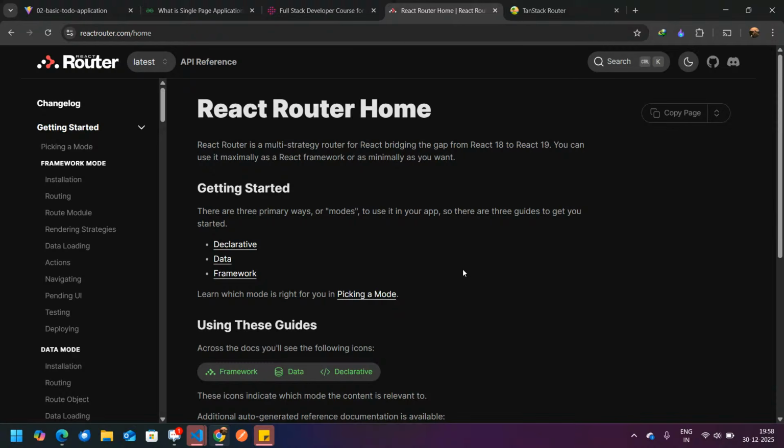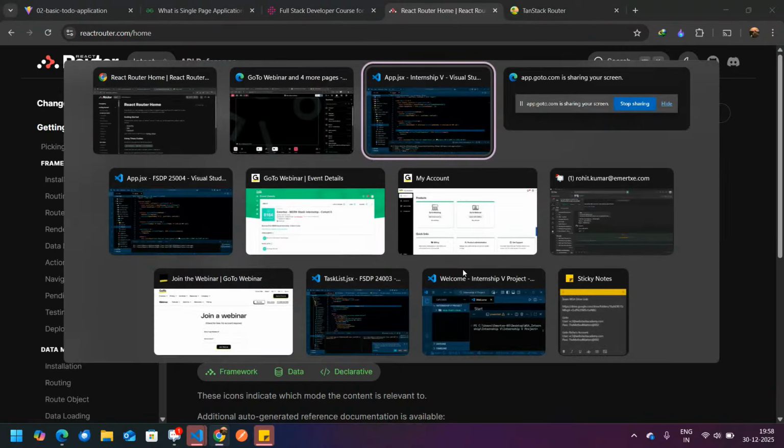Okay, now how to write it? So let's create one more application, and let's see how to write the React routing. So let's move on to our coding.